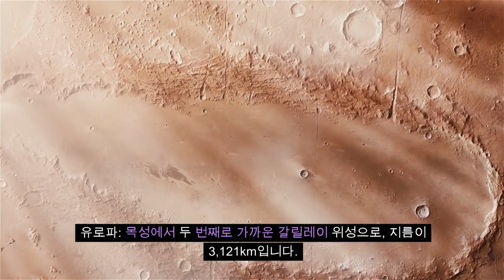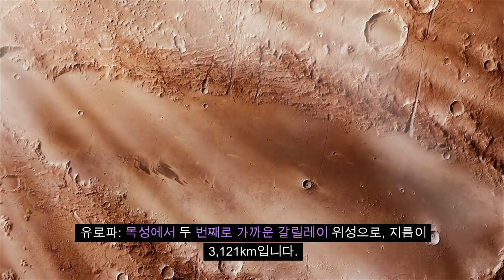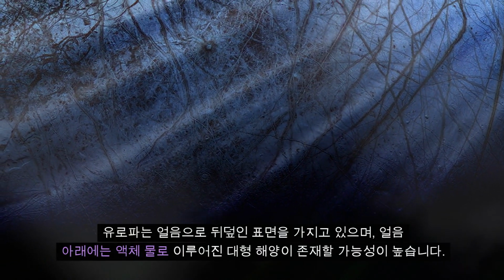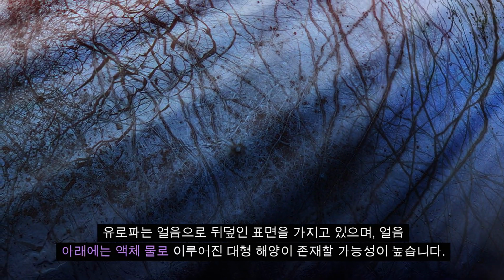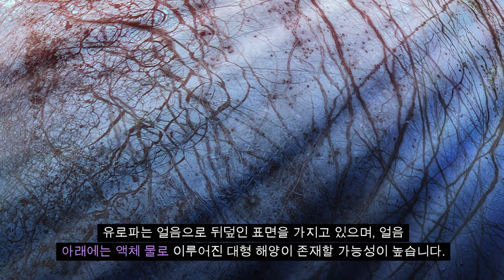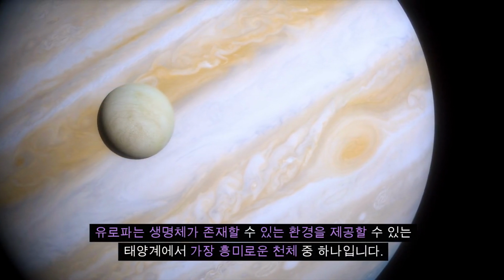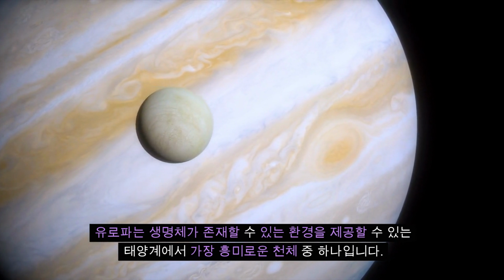Europa, the second closest Galilean moon, with a diameter of 3,121 kilometers. Europa has an icy surface, and beneath the ice, there is a strong possibility of a large ocean composed of liquid water. Europa is considered one of the most intriguing bodies in the solar system for its potential to harbor